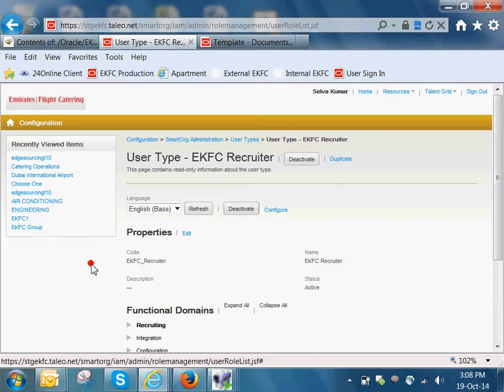Broadly, we have three, as I said: hiring manager, recruiter, and agent. If you add the agent user type to an employee or any user, then they will have only the permissions which are restricted for the user type called agent. And hiring manager has its own permissions, setups, and securities.